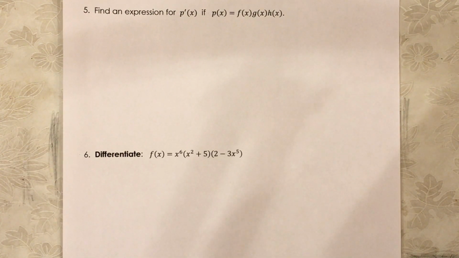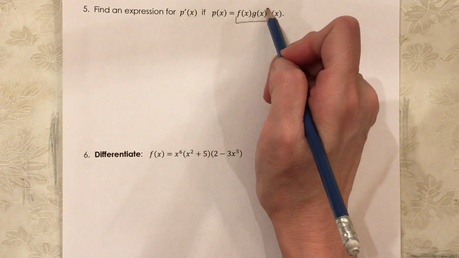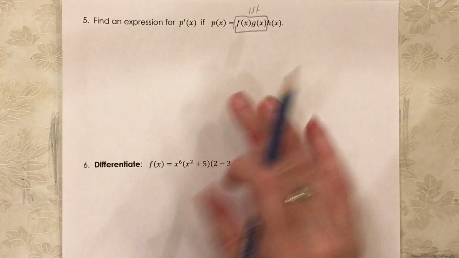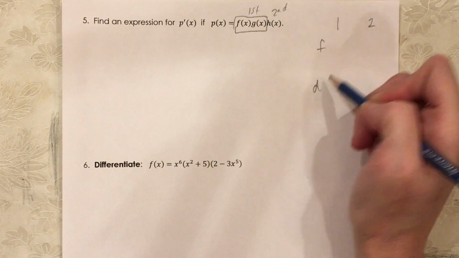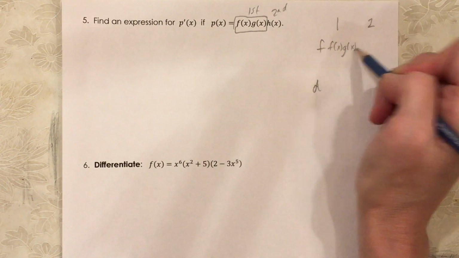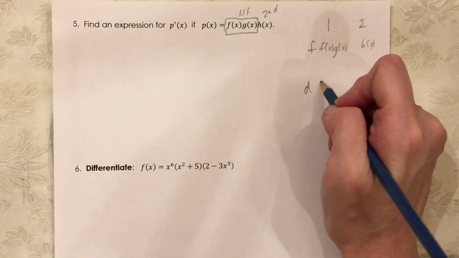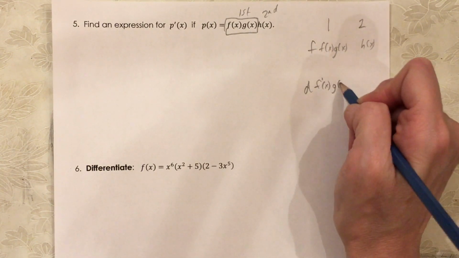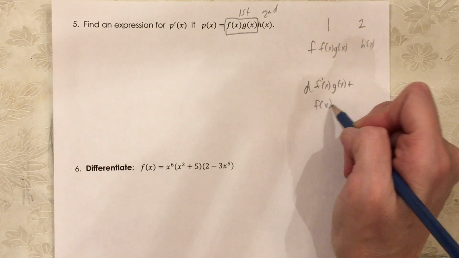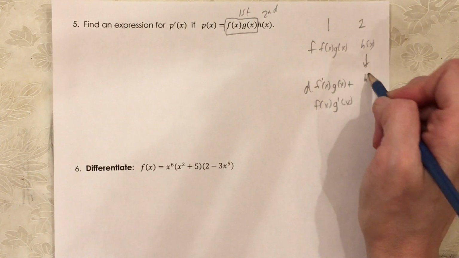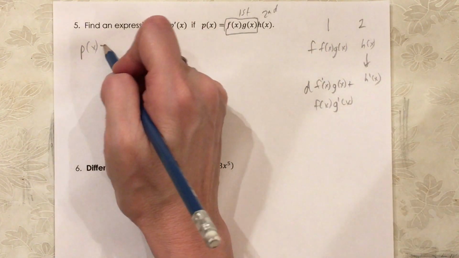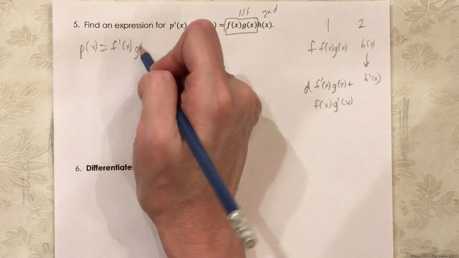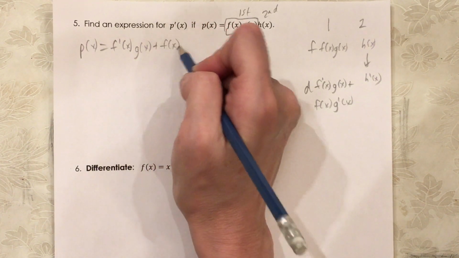All right, find an expression for p prime at x if p at x is the product of 3 functions. So what we're going to do is we're going to let this be our first and this be our second. So if we do first, second function derivative, the derivative of the first we know is f, derivative of the first times the second plus the first times the derivative of the second, and the derivative of h at x is just h prime at x. So let's see how that works out when we substitute it in. So the derivative of the first, f prime at x, g at x plus f at x, g prime at x